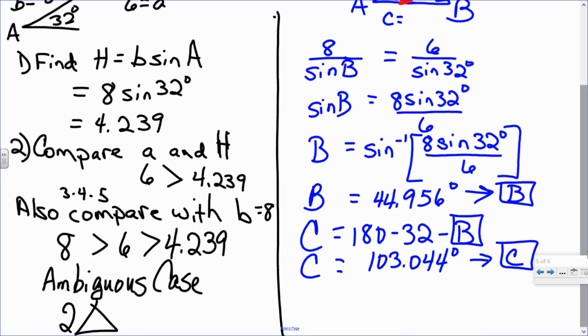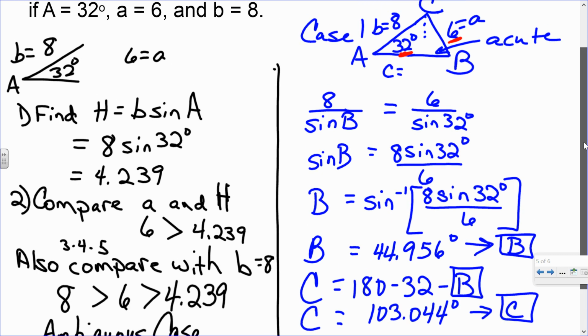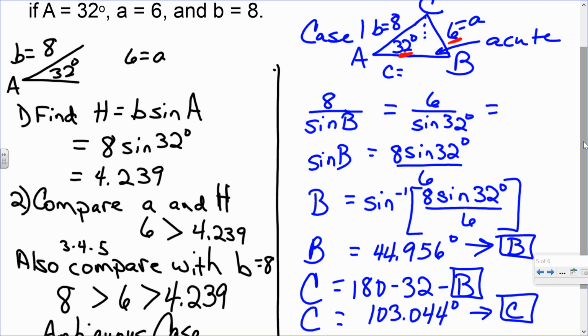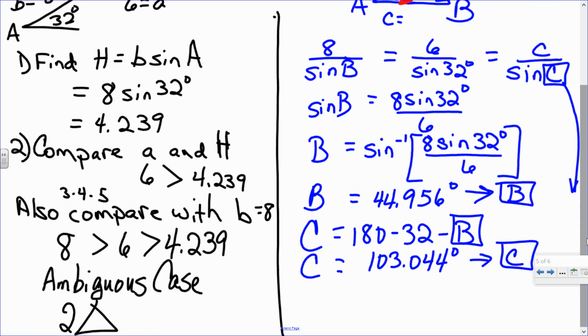B was our acute angle, almost 45 degrees. That just leaves finding little side C, which we can do with triangle sum, because little side C will have to be equal to our same ratio, so little side C over the sine of our stored C, now that we've figured that out. So that means that we have 6 times the sine of our stored angle C is little c times the sine of 32, so little c will be equal to that divided by the sine of 32 degrees, giving us